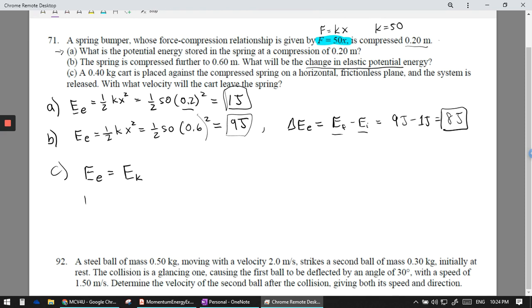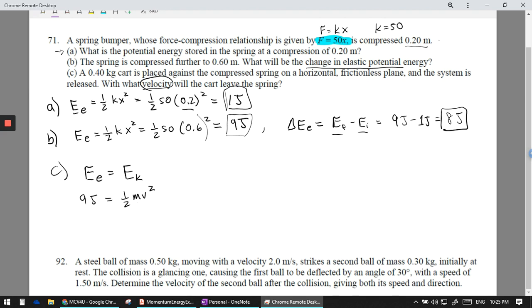And so we've got our 9 joules gets converted into 1/2 mv squared. And the question is what will the velocity be of the cart when it leaves the spring? And so I'll go ahead and multiply by 2, divide by the mass of that cart, and